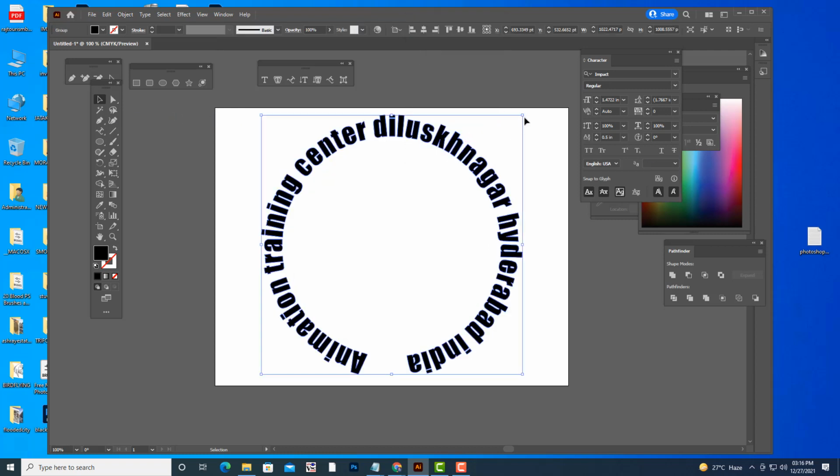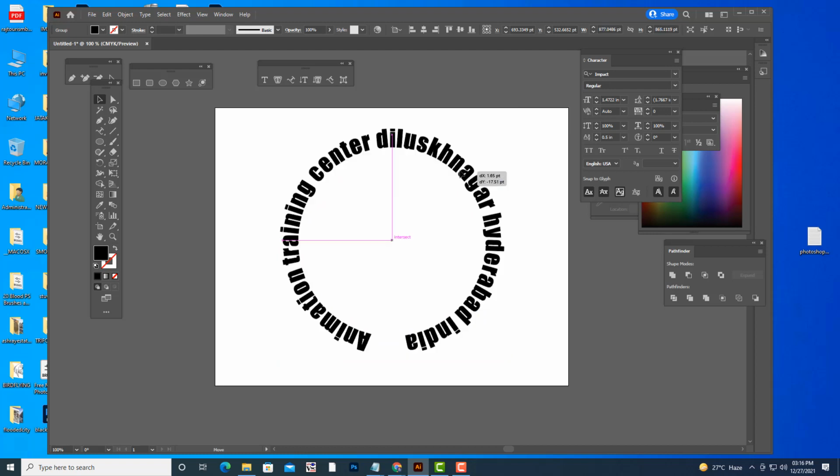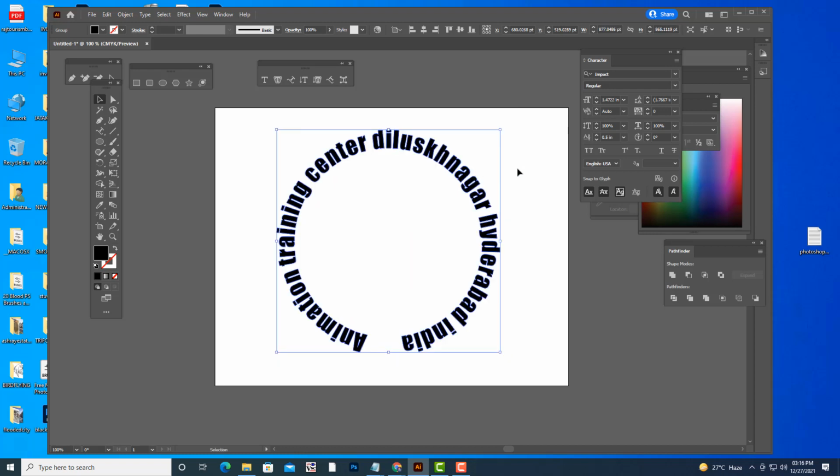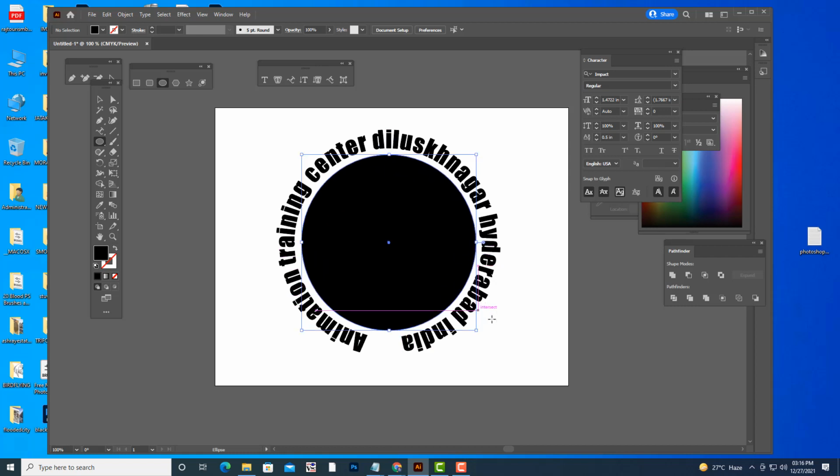Then simply scale it like this, keep it exactly at the middle, and we can put one more circle inside. If you want to create a perfect circle again, you can use Alt and Shift and create one perfect circle.